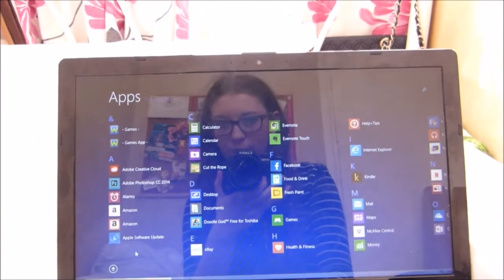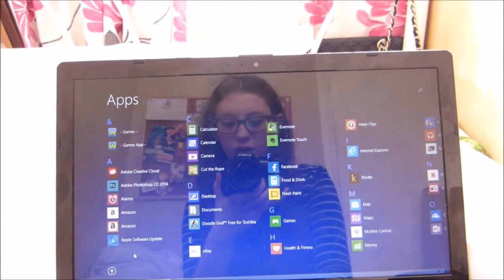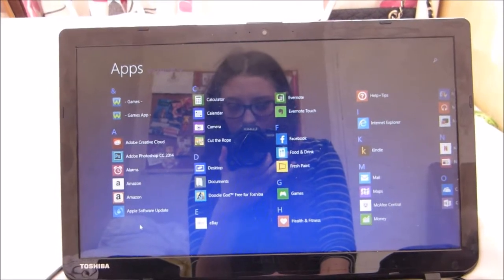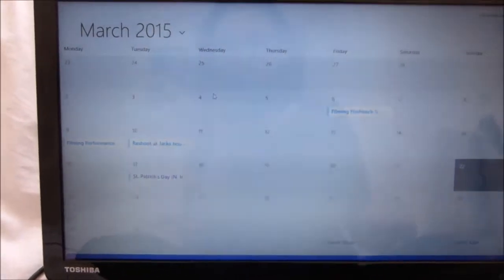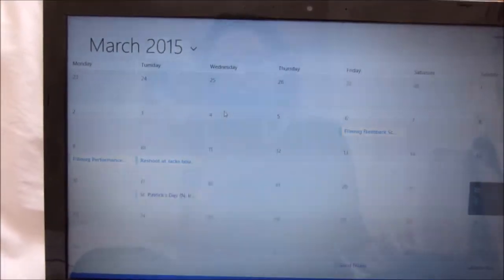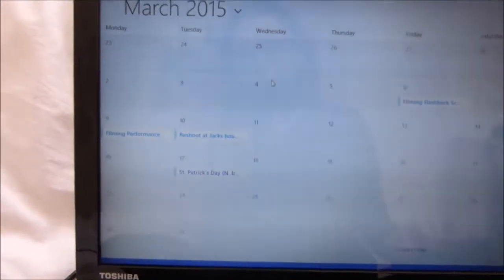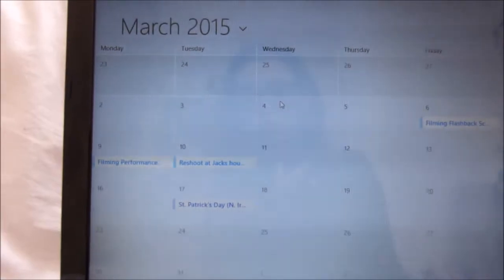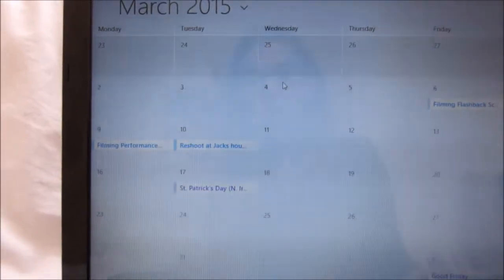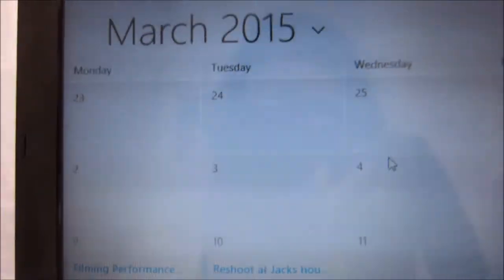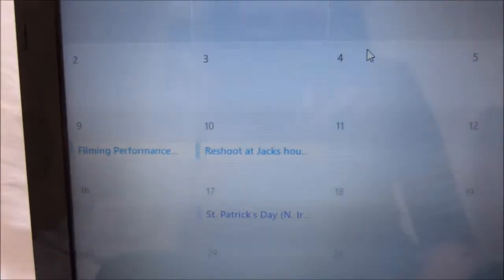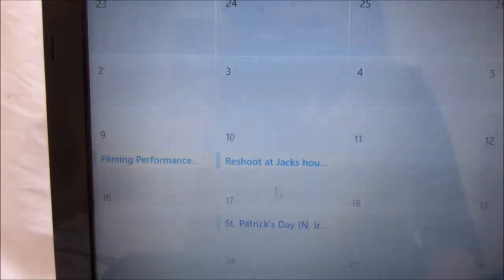So one of the first apps that I've used is Calendar, which is here. This was already on my computer. It was built in because I have Windows 8. A lot of the apps already come with it. And I use this basically to just put the shoot details in of when I'd like scheduled with my cast members. So for example, on the 10th of March, I'd put in a reshoot at Jack's house,